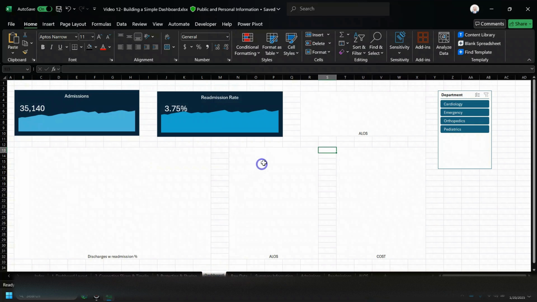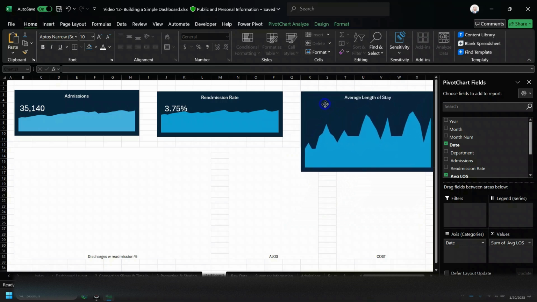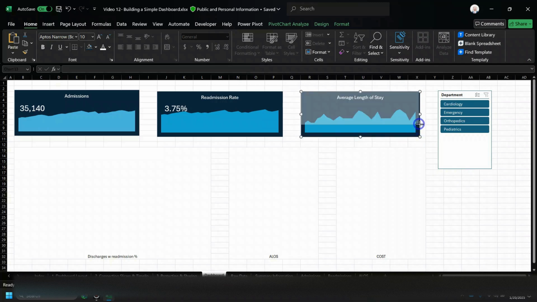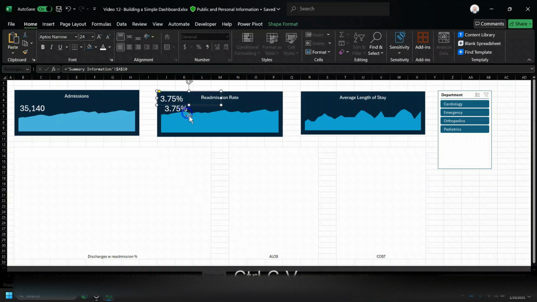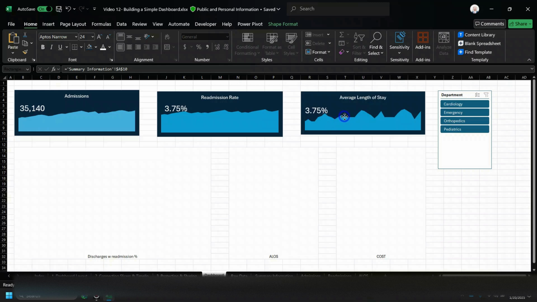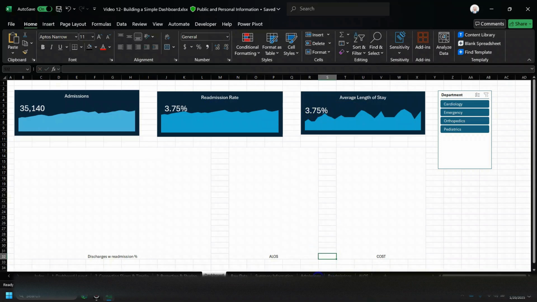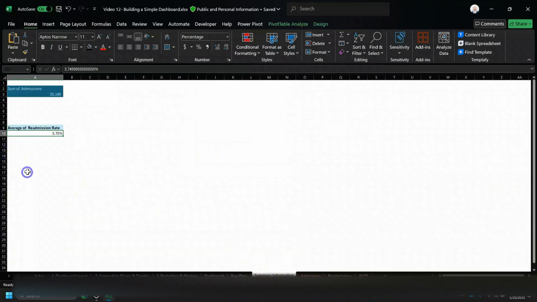So let's come on over to dashboard. We've got the average length of stay there. And let's go ahead and get it to the right size. Okay, now I mentioned before what I would do typically for the shape is just to copy and paste it. And so I'm going to select that and do a copy paste. Bring that over, and you're going to see the formula in there is going to be equal to A10. Well, let's go over to our summary information tab and get what we actually need for this, which is the overall average length of stay. And we're going to put that a little bit lower in